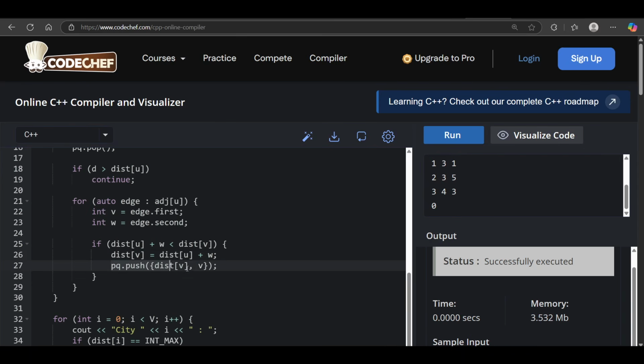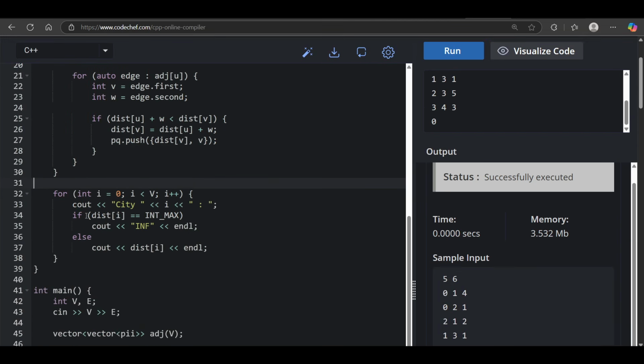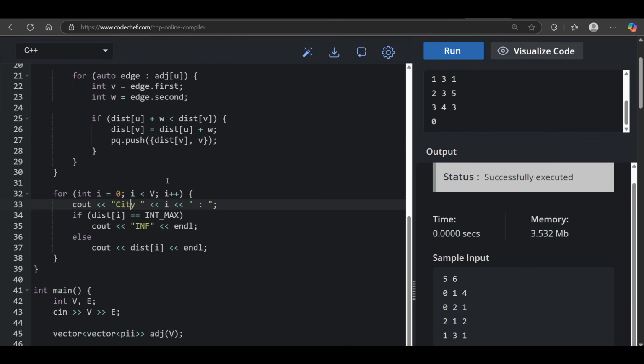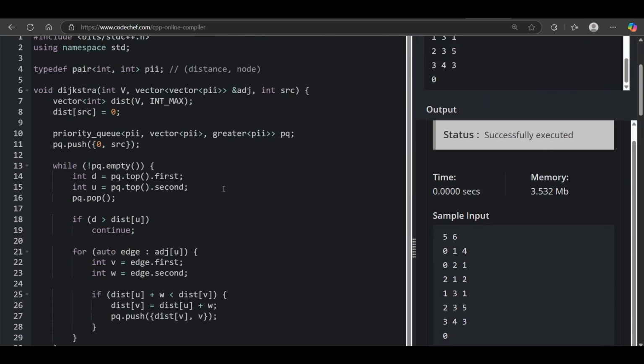And then we are again pushing the node with the updated distance into the queue. After it, our distance array, in which we are storing the minimum distance for each and every point, gets updated accordingly. After that we exit the loop. So this will be the whole idea of solving this question.